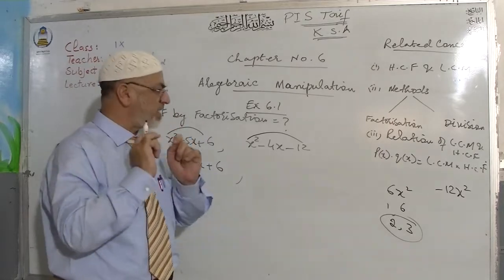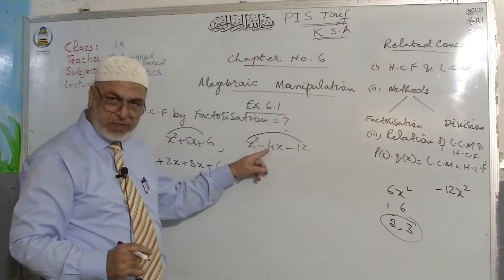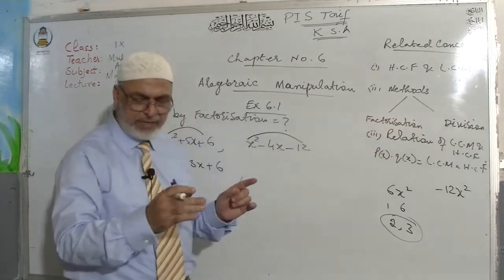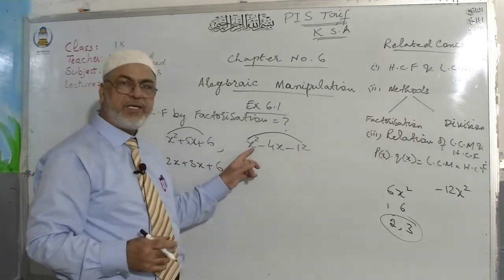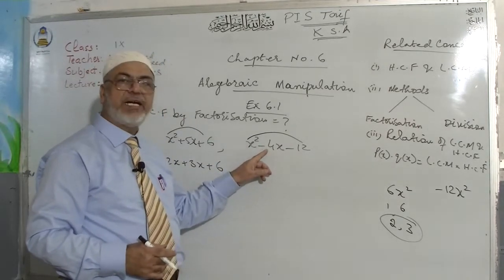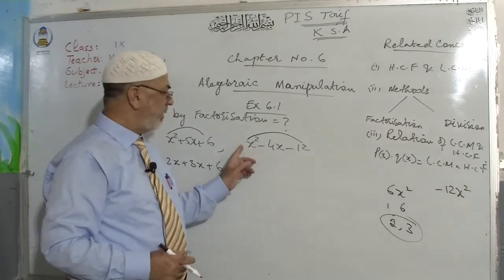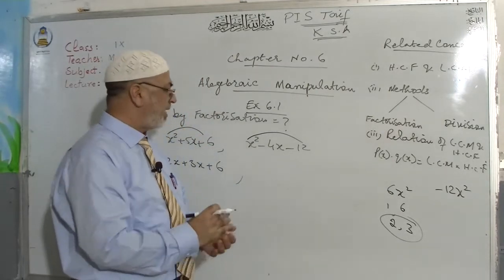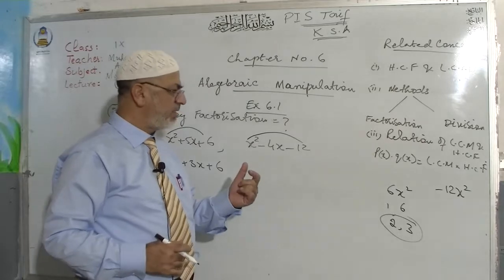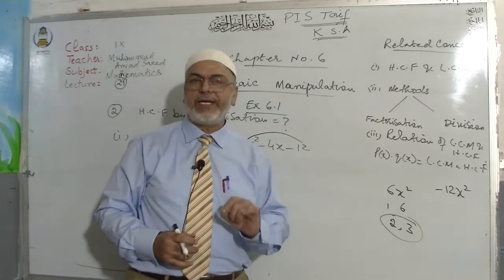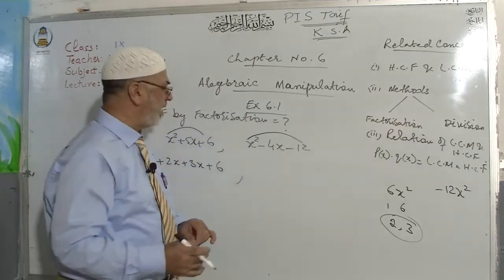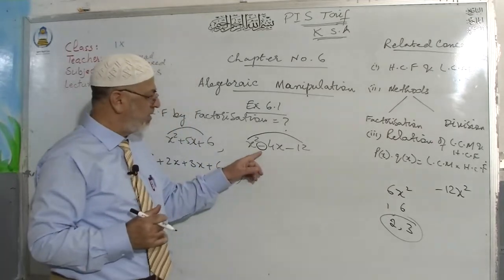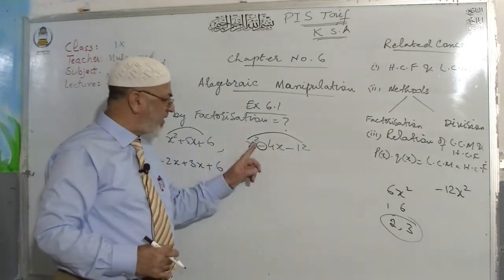After adding or subtracting you must get minus 4, and after multiplying you must get minus 12. Again I am repeating. After adding or subtracting you must get minus 4, the central term, and after multiplying you will get minus 12. And remember that whenever you are having the pair, the bigger component will always have this sign. There is a hint here that your bigger component will have this sign.